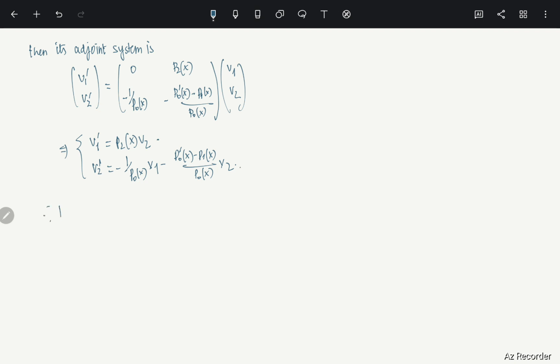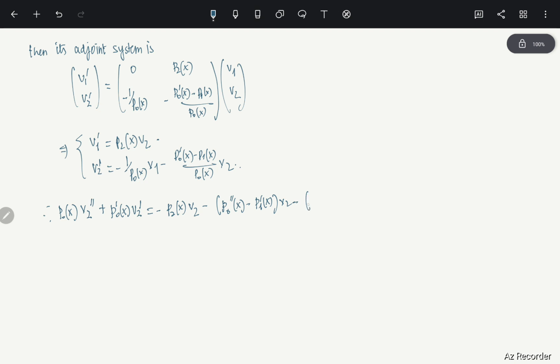You are going to get p naught of x v2 double prime plus p naught prime of x v2 prime equals minus p2 of x v2 plus, minus, sorry, p naught double prime of x minus p1 prime of x times v2,